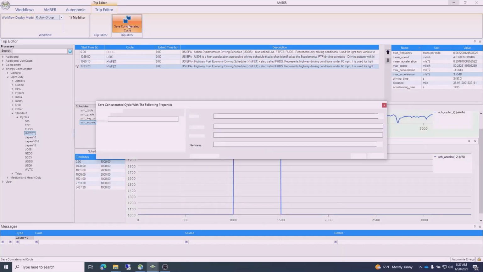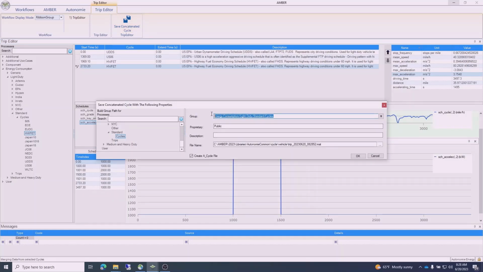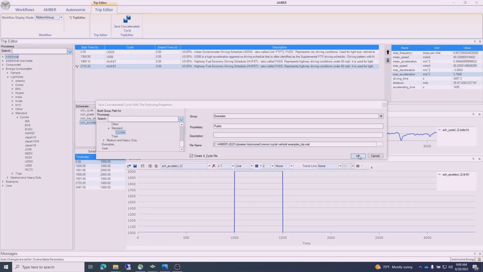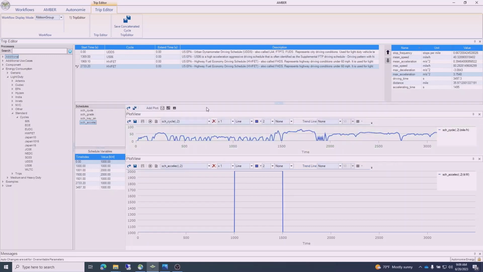You can save the concatenated trip. So we change the grouping. What I'll do is just save it as examples trip. Once I click OK, then